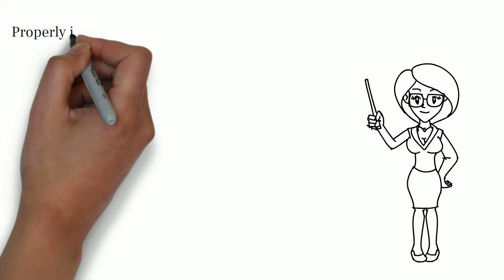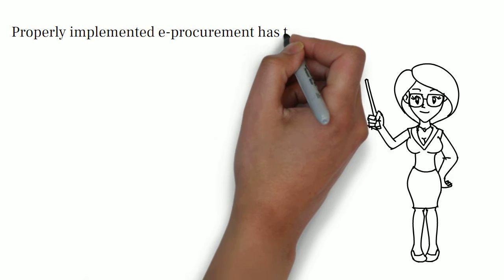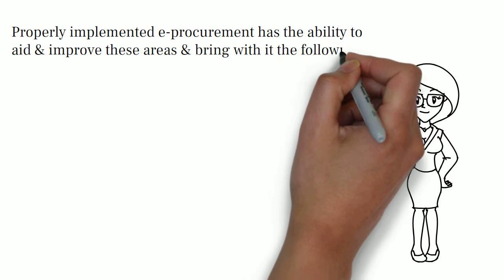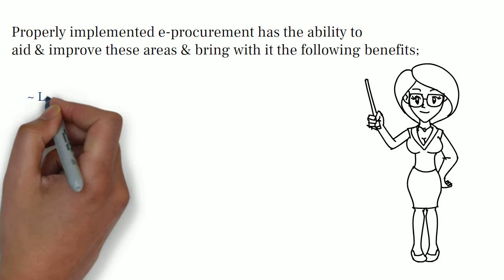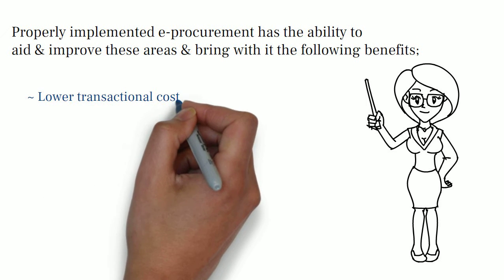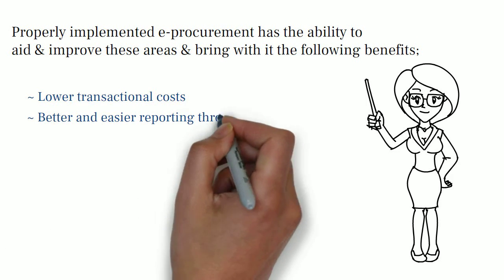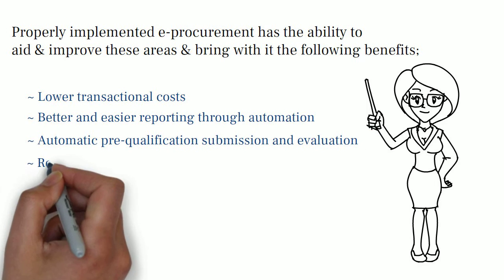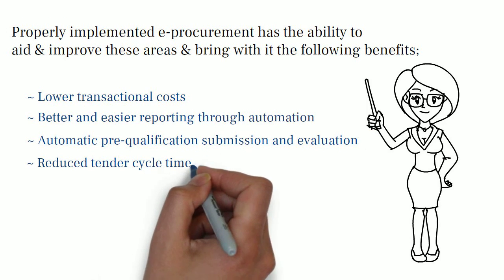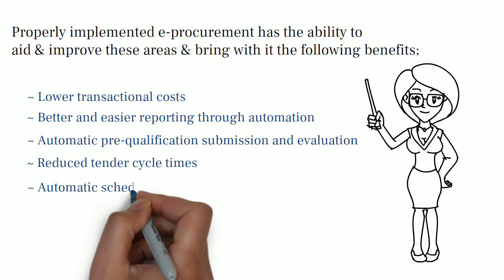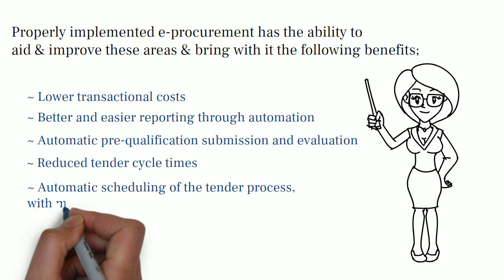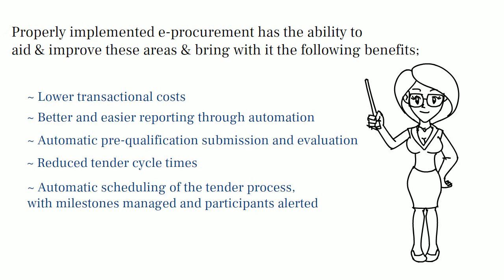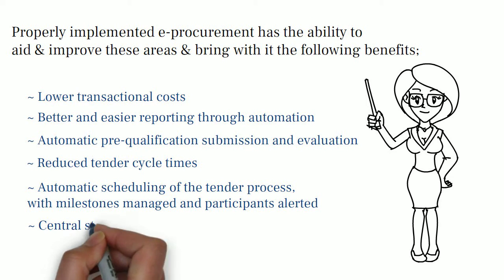However, properly implemented e-procurement has the ability to aid and improve these areas and bring with it the following benefits: lower transactional costs, better and easier reporting through automation, automatic pre-qualification submission and evaluation, reduced tender cycle times, automatic scheduling of the tender process with milestones managed and participants alerted, and perhaps one of the biggest benefits, a central storage